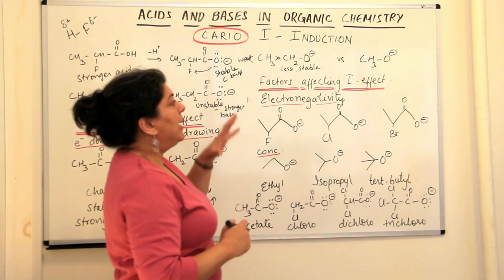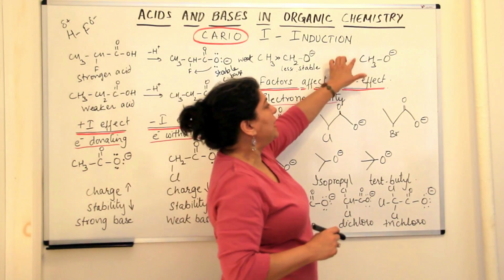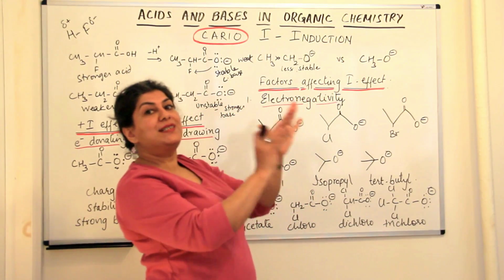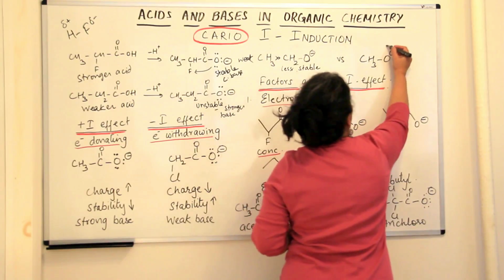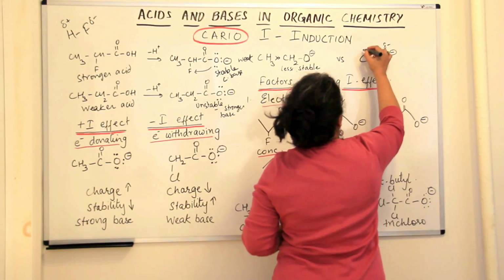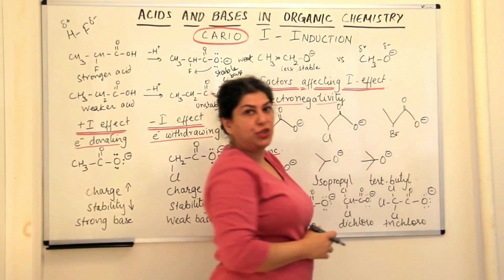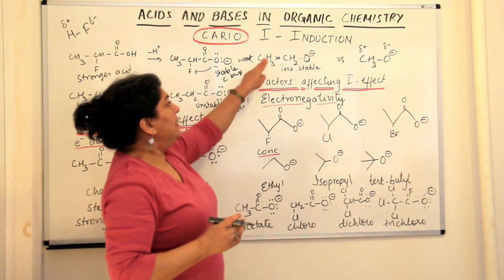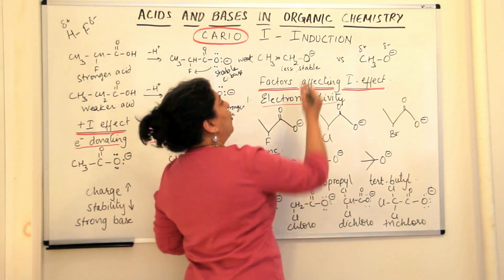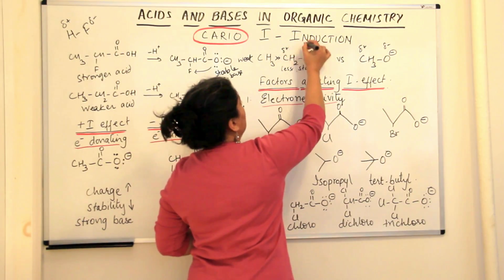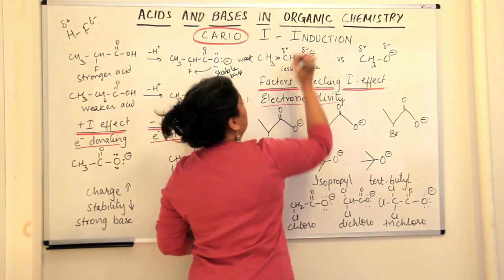So as a result of the presence of this methyl group, the methyl group pushes its electrons towards oxygen, and oxygen acquires the partial negative charge and carbon has this partial positive charge. In this molecule now, the same thing happens. The carbon which is adjacent to the oxygen will acquire a partial positive charge